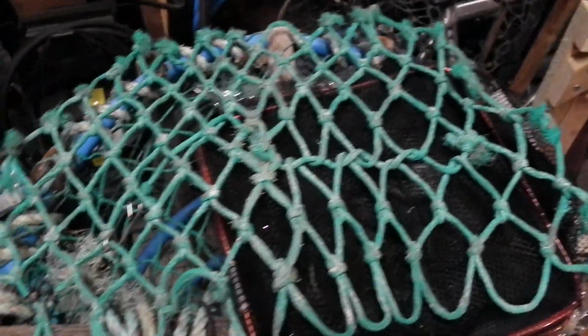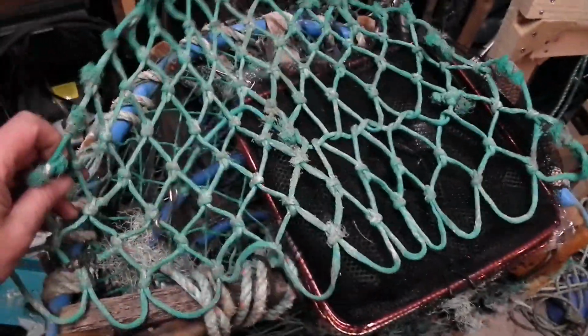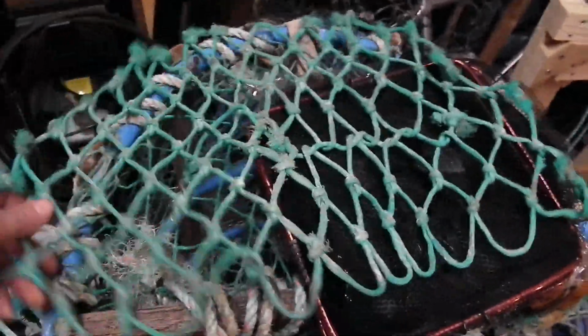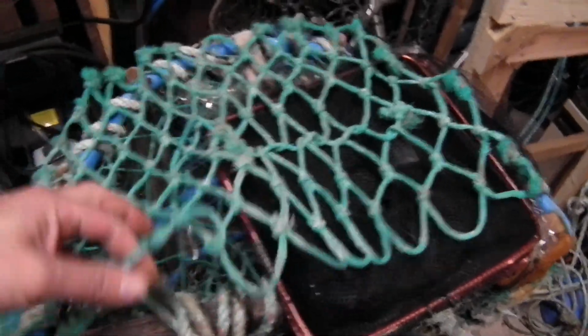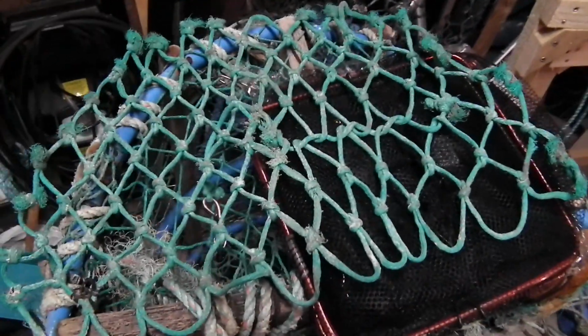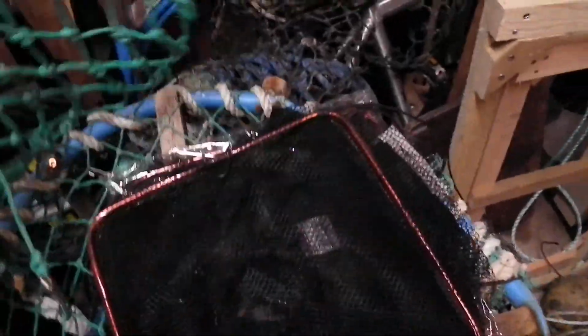Now see on top of here, this is actually the end of a pot that I took apart off an old one. This has been in the sea for 4 or 5 years. You see it's still in very good condition. This is the trouble with plastic net, unfortunately. It's good if you want to keep your pots alive, but bad if you lose it. But anyway, what I tend to do is, you will see here,